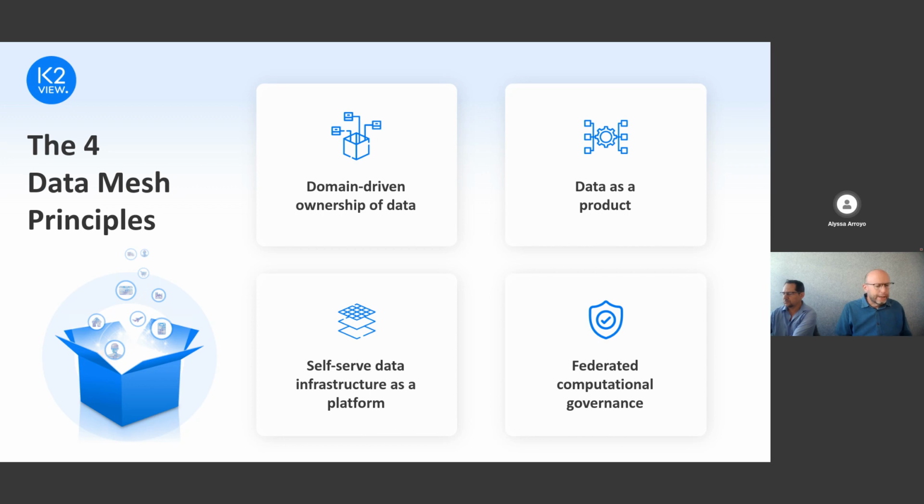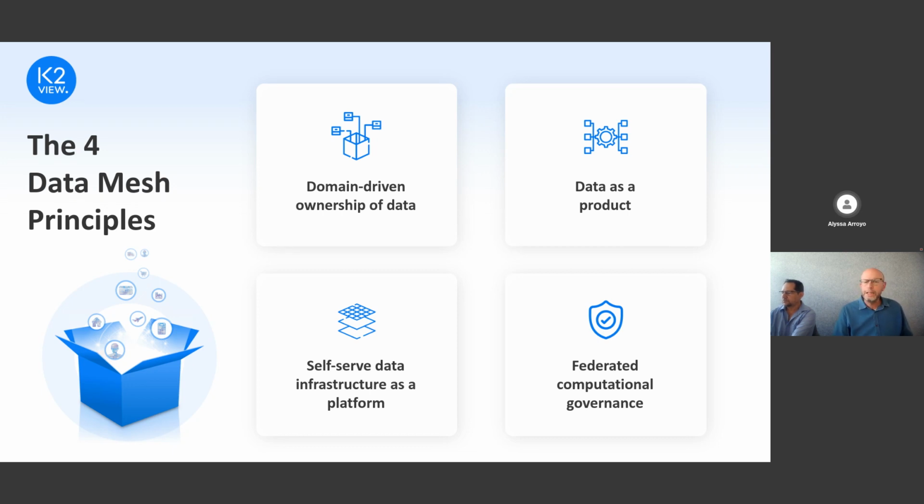Data mesh lets authorized data consumers access and share data products. Therefore, in order to access the data products quickly and easily, these data business domains need to get very effective tools to access the data. And we'd like also to shield them from all the complexities found in the underlying systems, data sources, technologies, etc. So this would be the third principle.